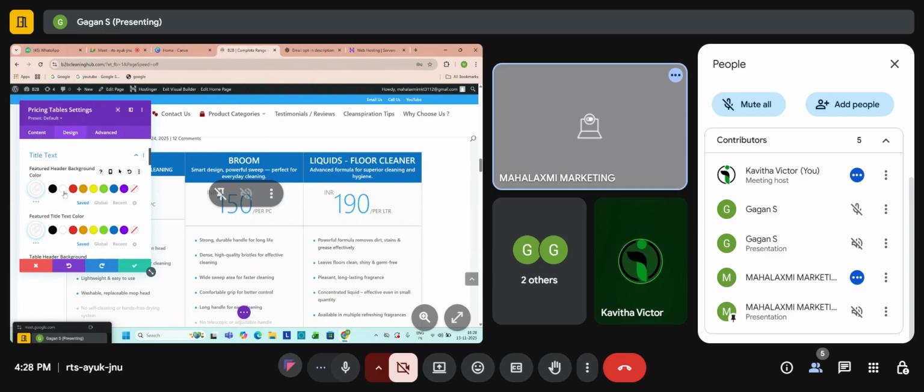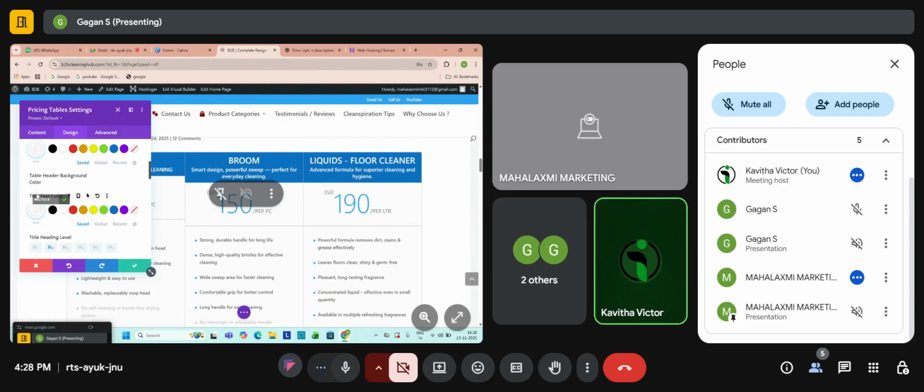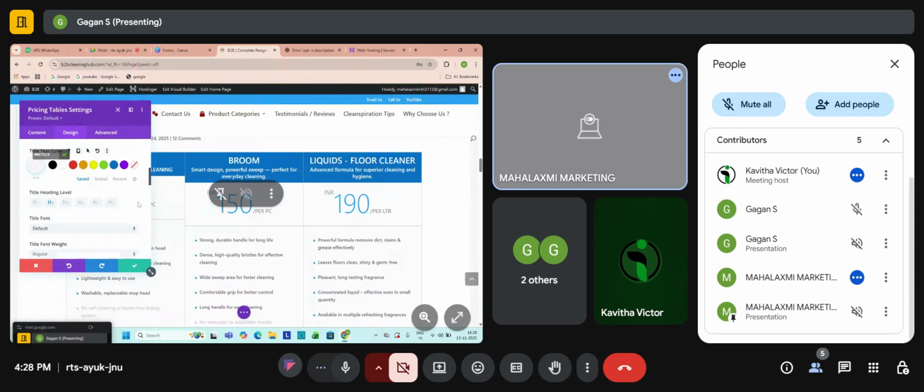Okay. Table header background. You want multiple colors? Yes, for table header background.